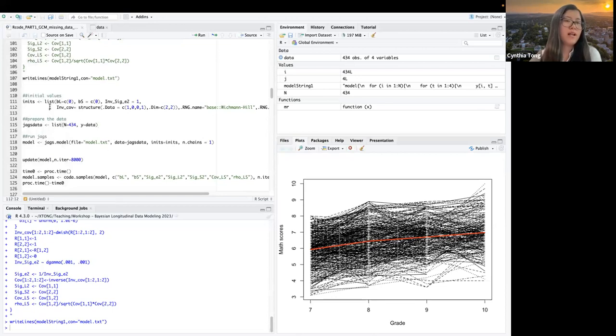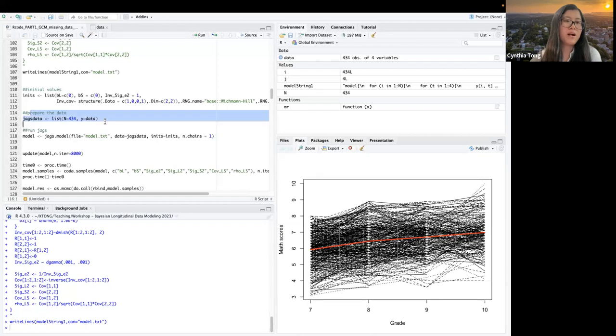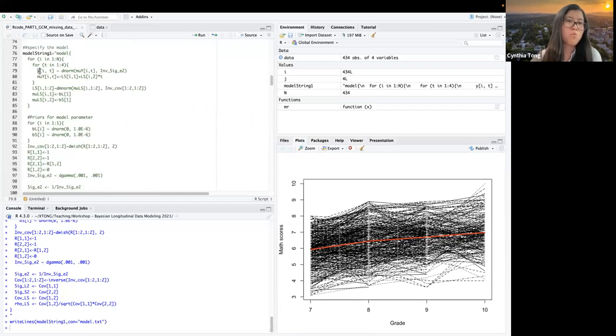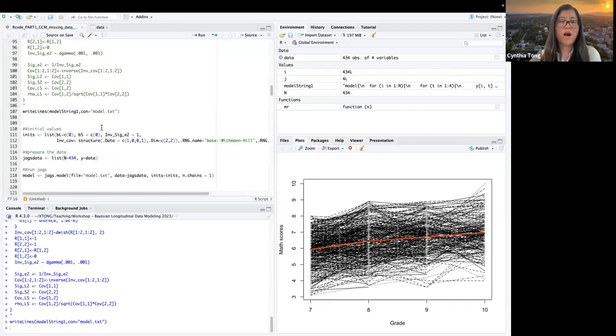And after the initial value is specified, we prepare our data. This is the JAGS data. So in this part, if you go back to the model, we only have this Y as our data, and also this N is unknown. So we can also specify this N here.